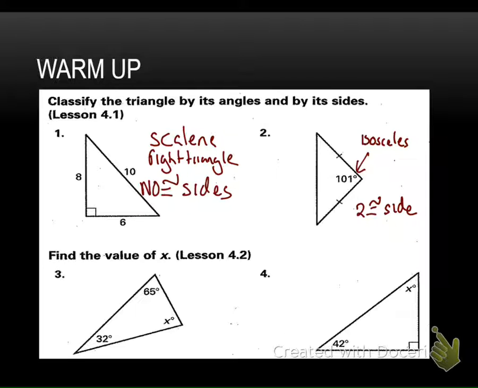Wait, what did I say? It says isosceles, and the other one says two congruent sides. I look like a P, that's